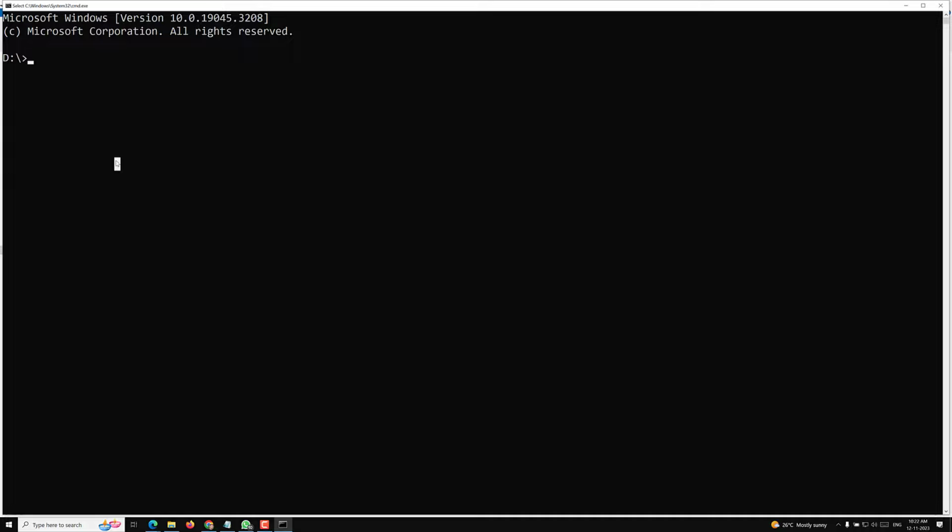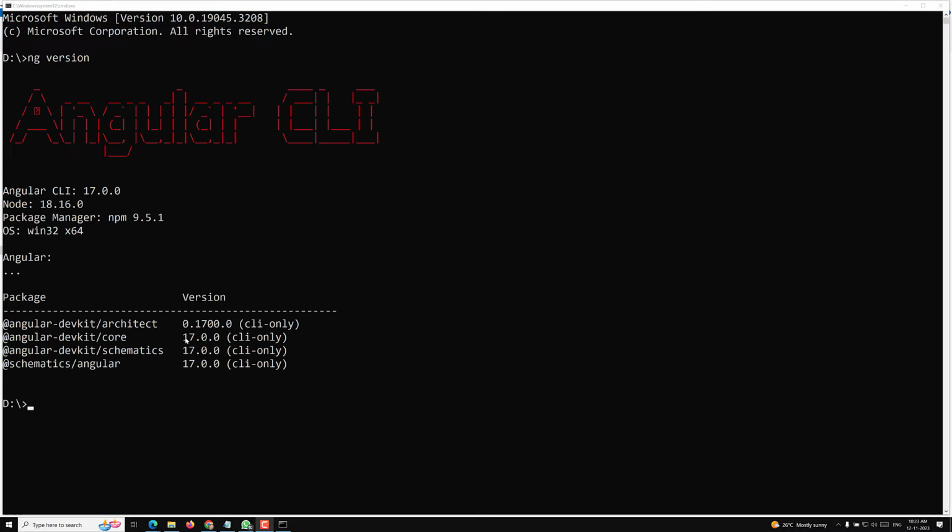So the version which I am trying to use right now is, let's see, ng version. Right now I am having an Angular version of 17. If you don't have Angular 17, if you are having 16, you can do ng update, or otherwise you can install npm install